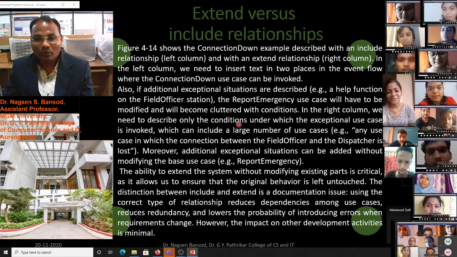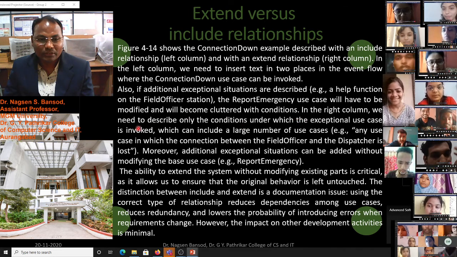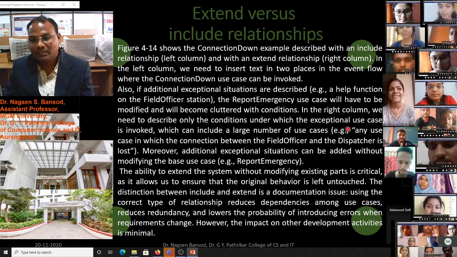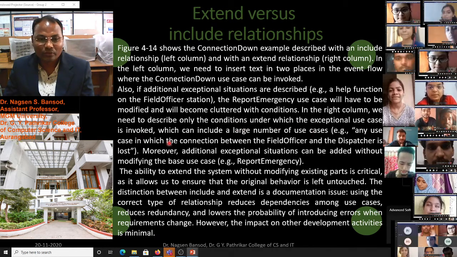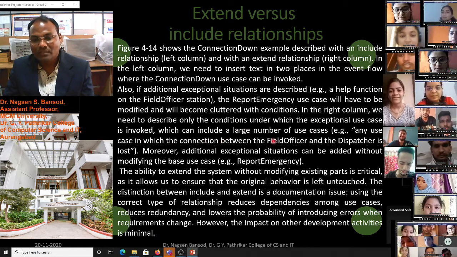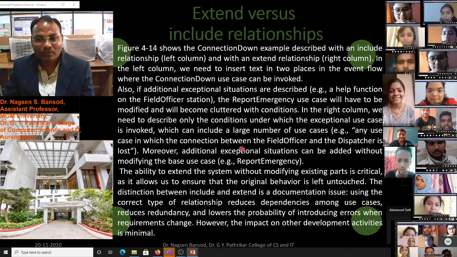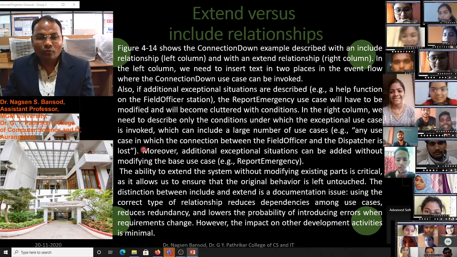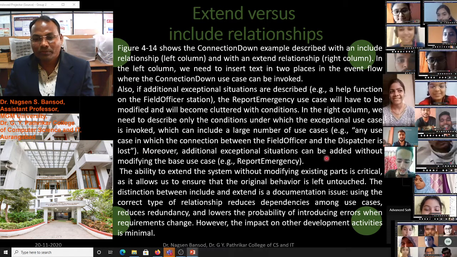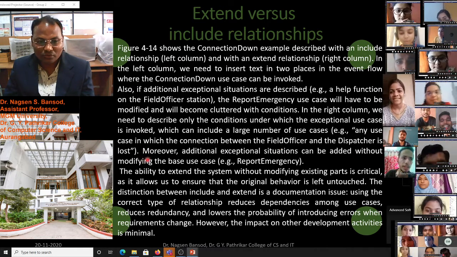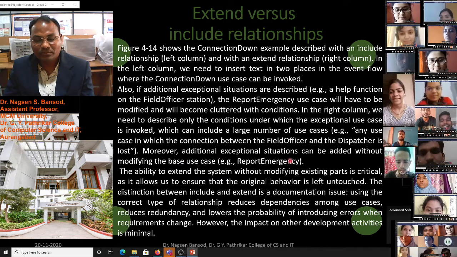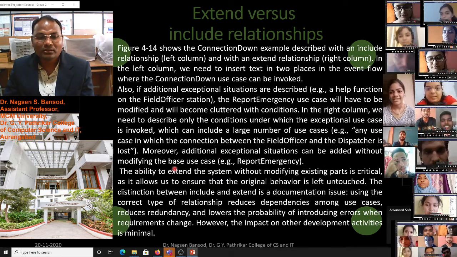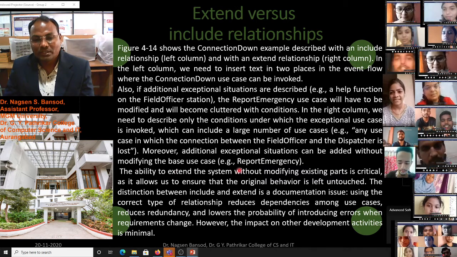In the right column we need to describe only the condition under which the exception use case is invoked, which can include a large number of use cases. Example, any use case in which the connection between the field officer and dispatcher is lost.